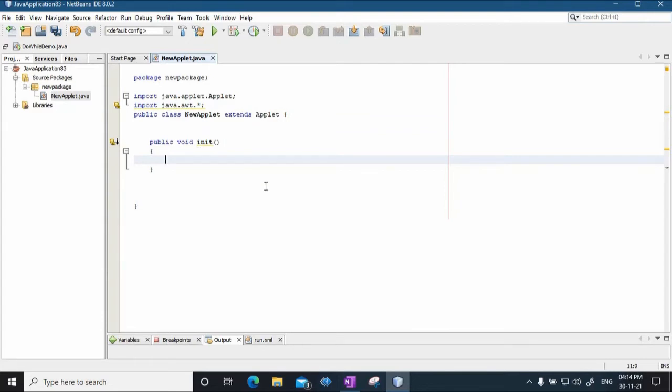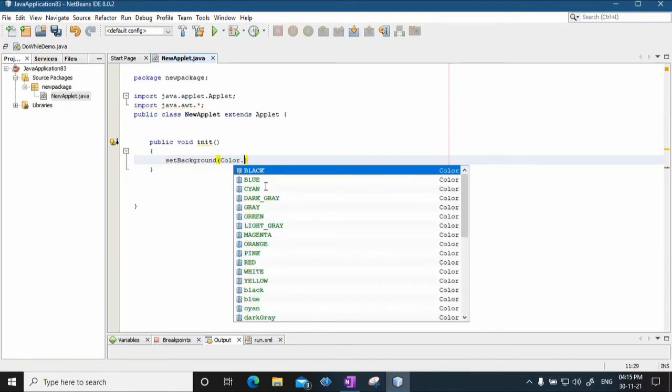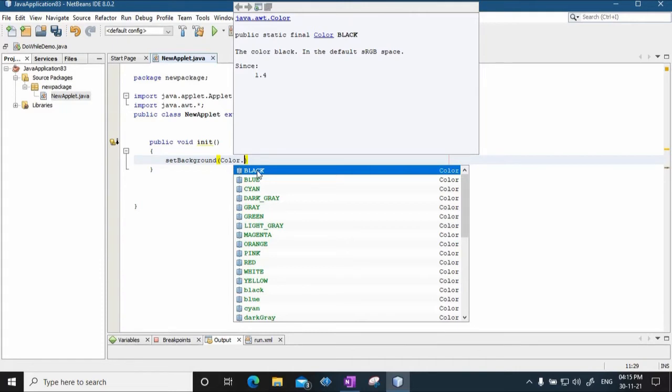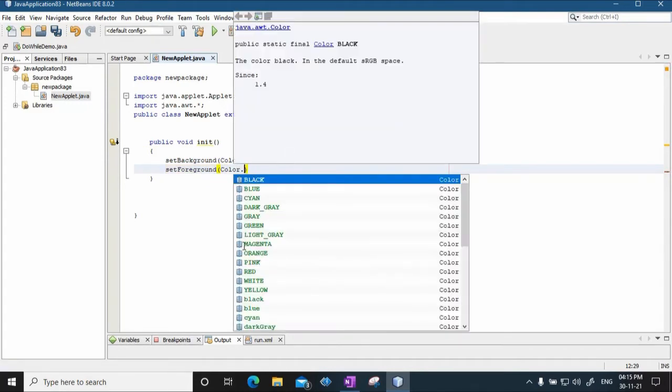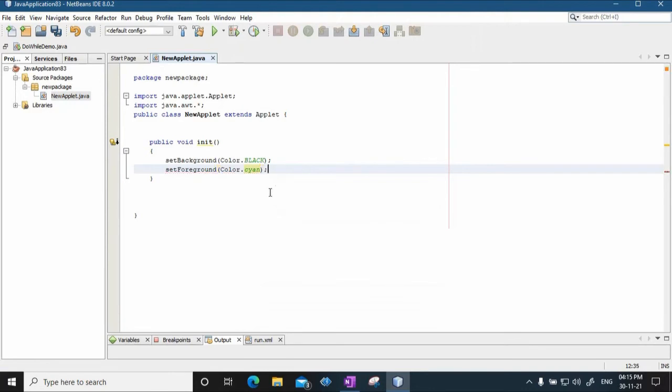So you can just say setBackground, make sure C is capital, Color dot, your background can be black, and you can say setForeground color dot, foreground color can be something like cyan. So whenever you call the fill method, it will be filled with this particular color.